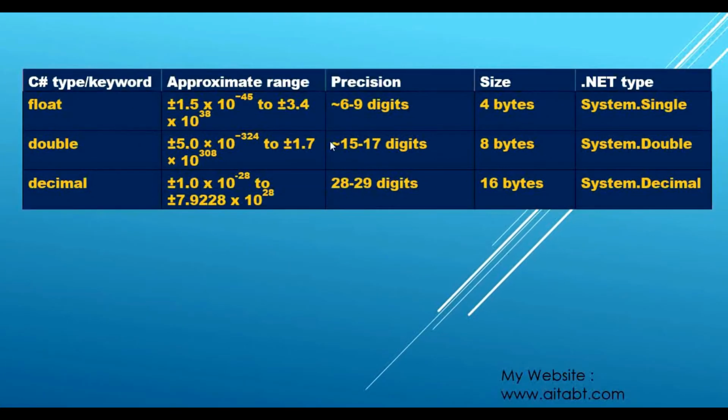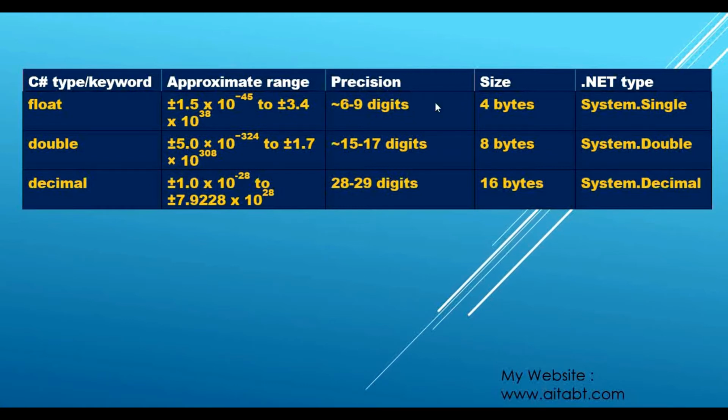Just see another data type, that is float, double and decimal. Now this float has this approximate range, this double has this range, and this decimal has this much range. Okay, so what is precision? Precision means floating. First of all, what is a float type? Float type is where we can take anything in a decimal, anything in a fraction. Sometimes we see a number with a point, like 13.25. After the point there is 25, that is the precision for that number.